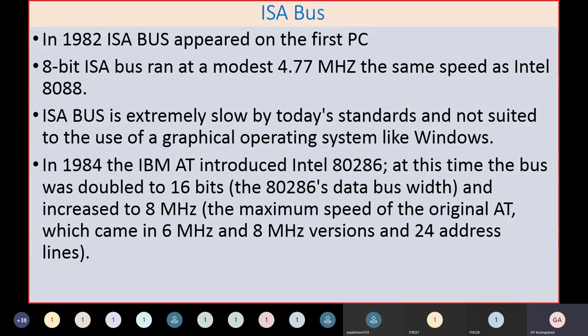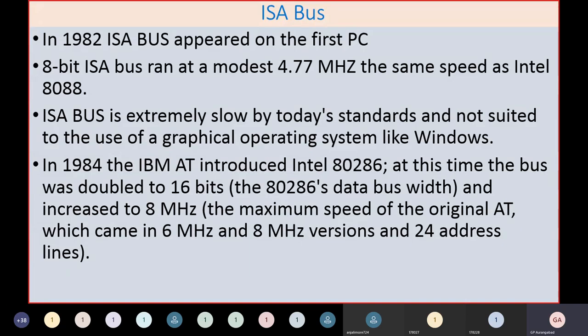As I said, the ISA bus is extremely slow by today's standards, and hence it is not useful for any graphical operating system like Windows. But still, up to 1984 or 1990, the 80286 was developed, and it was using 16 bits. For this 16-bit processor, it uses this ISA bus, which comes in two versions, 6 megahertz and 8 megahertz.